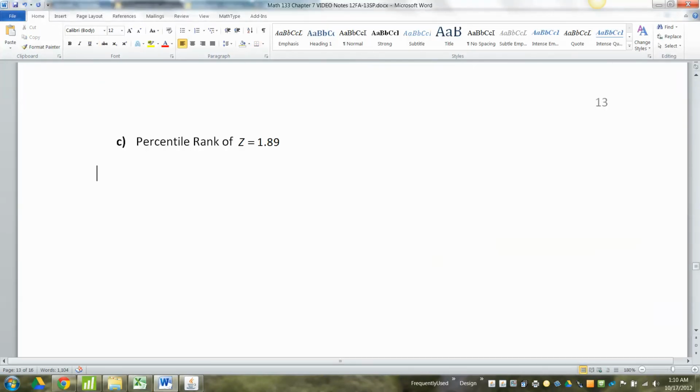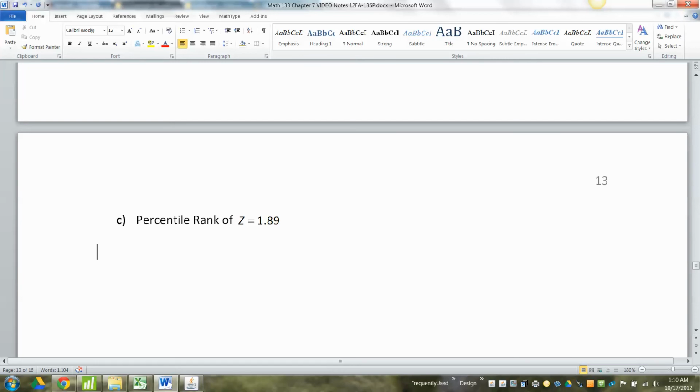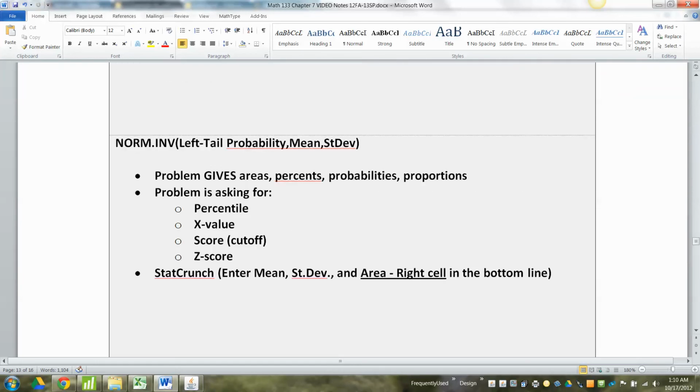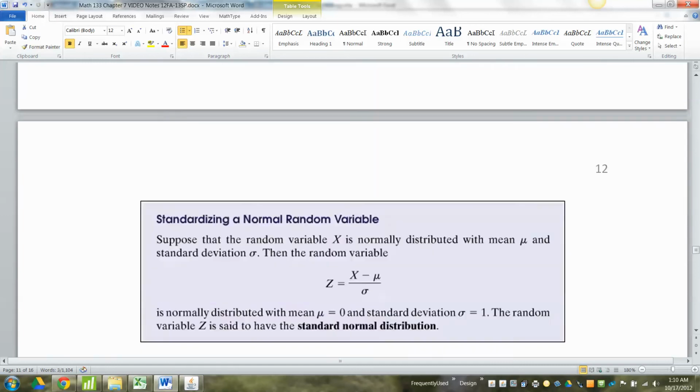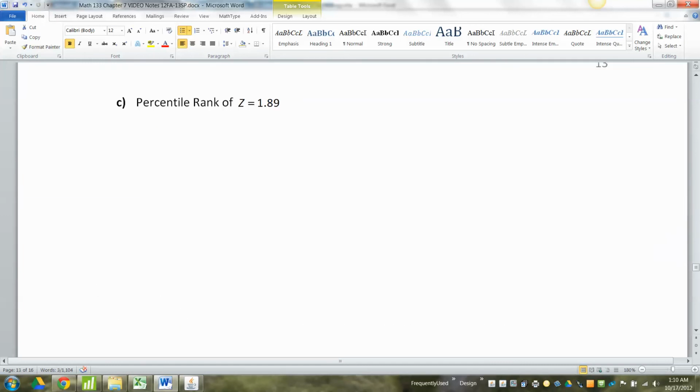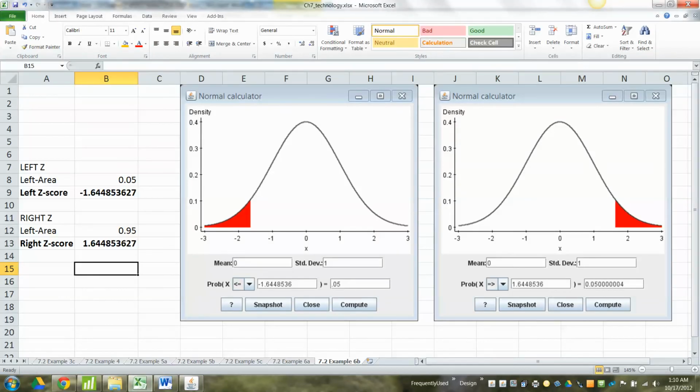For the next one, I need the percentile rank of z equals 1.89. Now, notice I'm giving you the z value, right? So if you look back here, if I give you a z value, but it's asking for a percentile rank, that's a NORM.DIST problem. Okay, so we need a new spreadsheet,